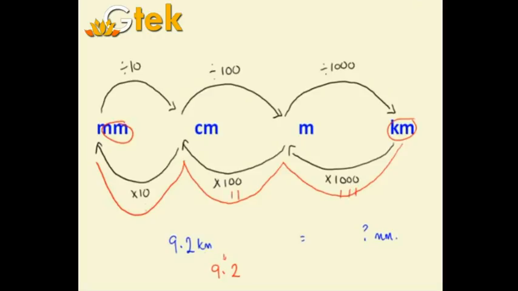3 zeros are there, 2 zeros are there and 1 zero is there, right? For converting from kilometer to meter, I have to multiply with 1000. For converting from meter to centimeter, I have to multiply by 100. For converting centimeter to millimeter, I have to multiply by 10. So totally, how many zeros am I having? 1, 2, 3, 2 here and 1 here, right? So totally I'm having 6 zeros, right? So multiplying by 10 will get added with the zeros at the end, right? So my answer will be,